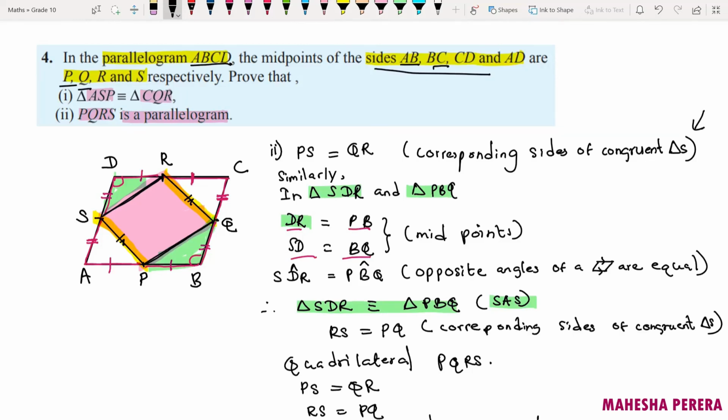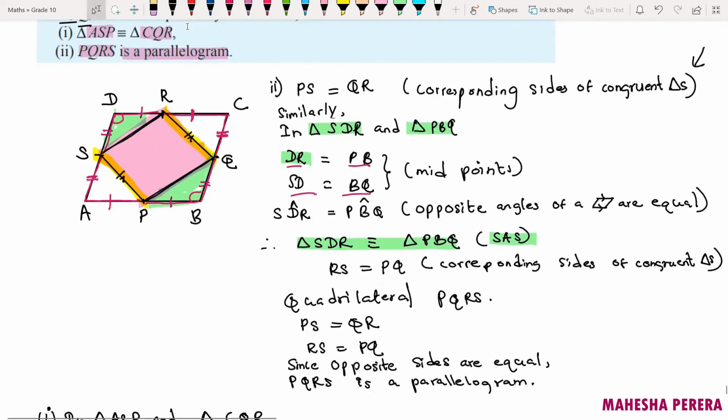Then when you consider the quadrilateral PQRS, we see that opposite sides are equal. This side is equal to this side and the other two opposite sides are equal. So you can write again, if you want, in the quadrilateral PQRS, PS equals QR, this step we have proved. And then RS equals PQ, and then you can say since opposite sides are equal,